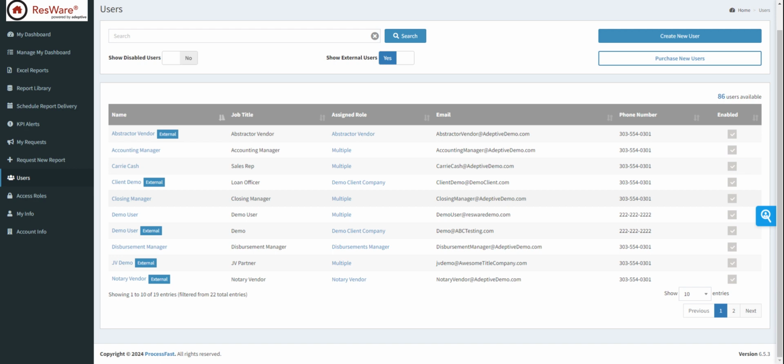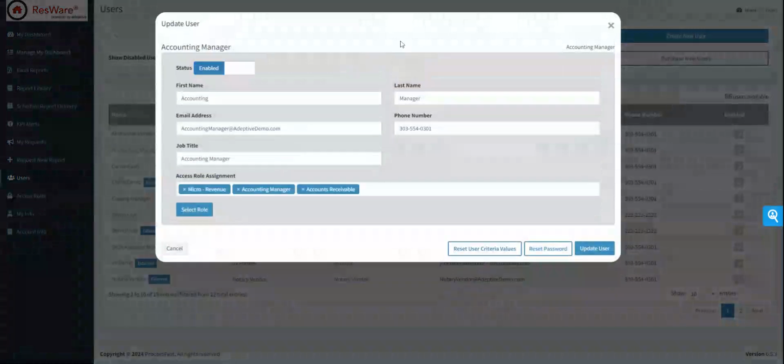So to get everything back on an even level, you would just need to reset a user's level default criteria values, removing those selections and setting it back, so that when they load their dashboard, they're seeing what you, the client admin, have selected or locked in